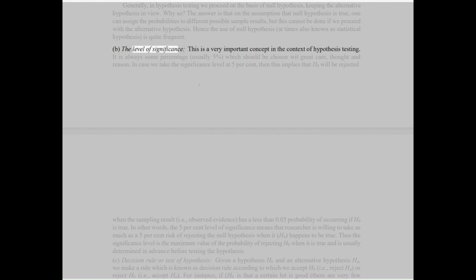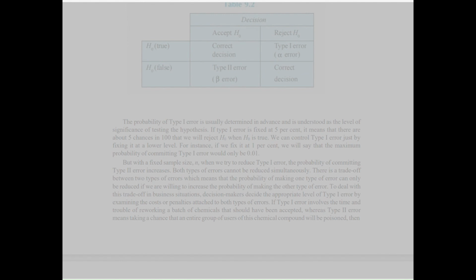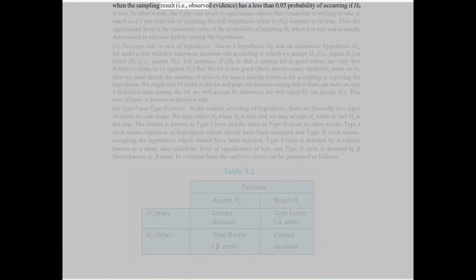B. The level of significance. This is a very important concept in the context of hypothesis testing. It is always some percentage, usually 5%, which should be chosen with great care, thought and reason. In case we take the significance level at 5%, then this implies that H0 will be rejected when the sampling result, i.e., observed evidence, has a less than 0.05 probability of occurring if H0